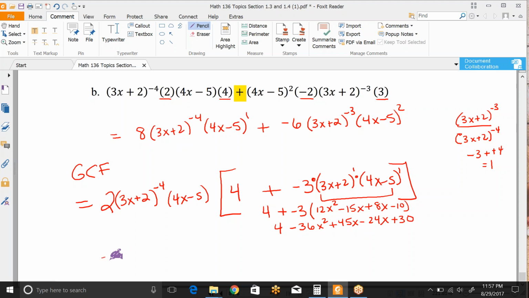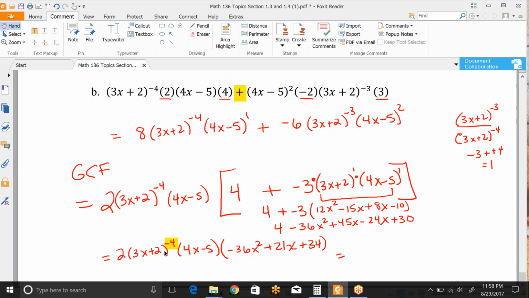So this is becoming 2 times (3x+2)^-4 times (4x-5) times the bracket: negative 36x squared is the only x squared term. 45 minus 24 would be 21, so positive 21x. And 4 plus 30 would be positive 34. Now, I've already checked that it doesn't factor again. The only thing about getting your final answer is that the negative exponent right there